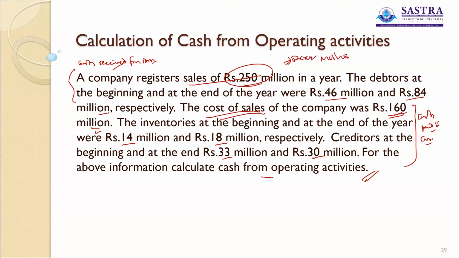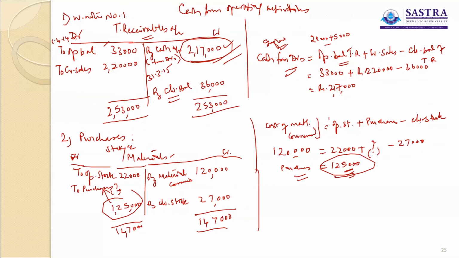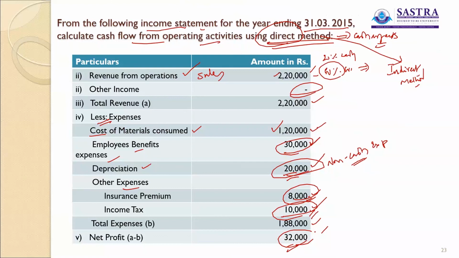That means you have to do it from the cash point of view, not from the profit point of view. So when the question has details with regard to profit, you can follow either the direct method or the indirect method if the question has not specified anything. Supposing the question says you have to prepare using only the direct method, you have to follow the direct